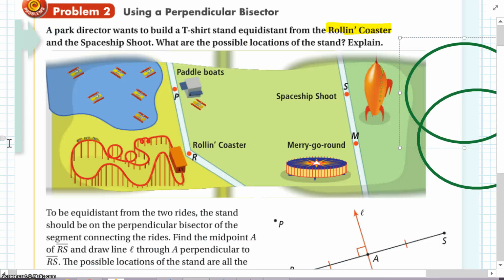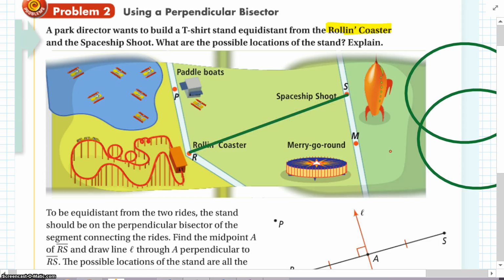Okay? So next problem. A park director wants to build a T-shirt stand equidistant from the rolling roller coaster, which is over here to the left, and the spaceship chute. So what are the possible locations of the stand? Well, we want it to be equidistant. So the first thing we got to do, let's go ahead and draw a line from the roller coaster